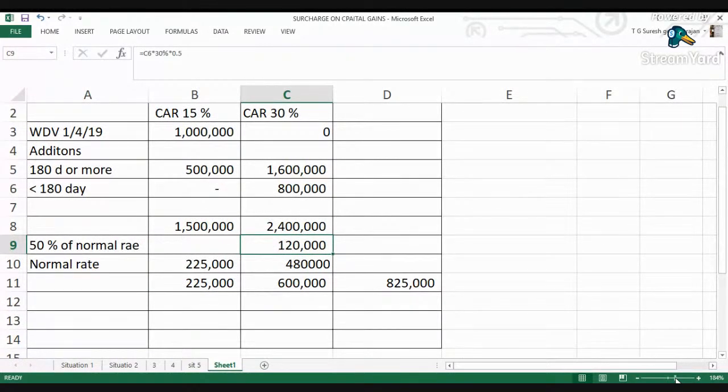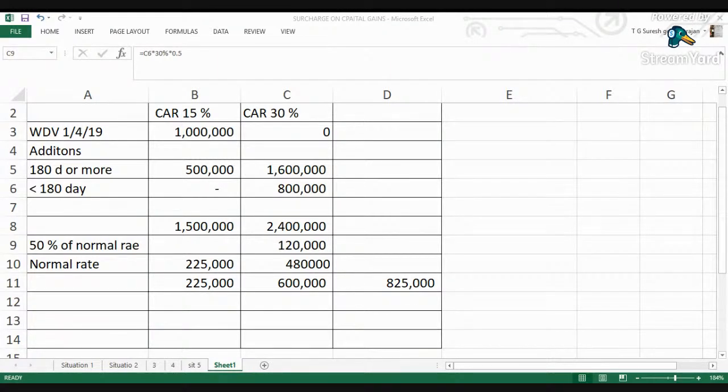So now you have an opening balance of 10 lakhs. There is an addition of 5 lakhs that will go into that block. So anything which is purchased after 23rd of August will move to, so 10th August purchase will go to the first block. So the last 3 assets will go to the 30% block. So for the first block at 15%, you will get depreciation of 15% on 15 lakhs, which will come to 2 lakhs 25,000. So the purchases on 30th September and 4th October, for the reasons already mentioned in the previous problem,